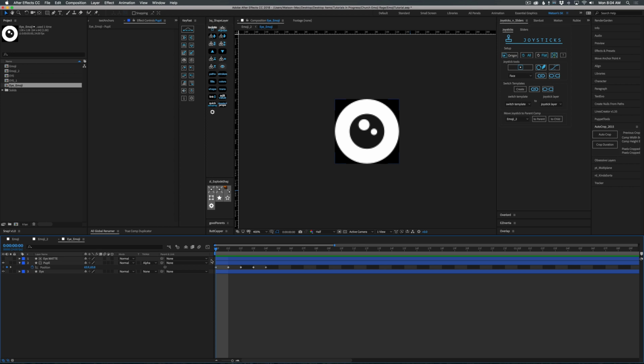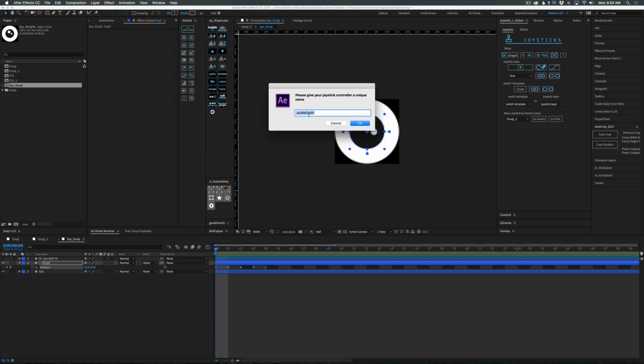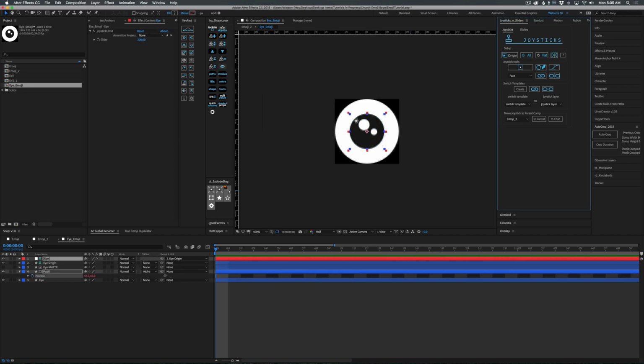Okay, so now that I have all those set, I just select my layer here. Sometimes I just select the keyframes just to make sure. Then I want to come to the joystick tools right here and say create new joystick. And I want to give it a name. I'll just call it eye. Or I could call it pupil, that might be better. And I'll just call it eye, I know what it is. And I'll say okay. And so